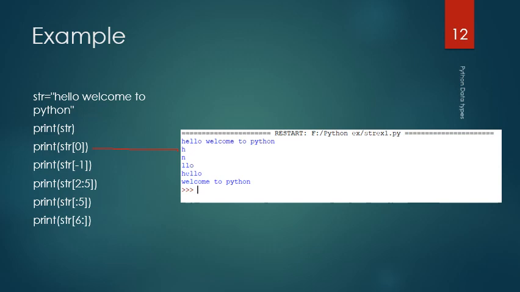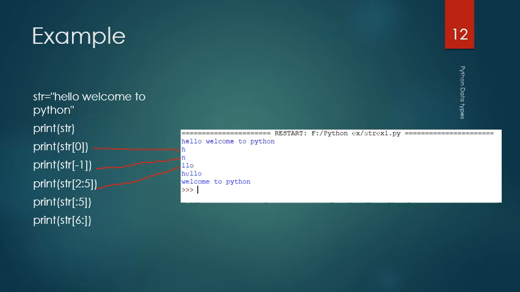Print str[-1] will print the last character n. Print str[2:5] will print characters from the second index location to the fifth. So the characters in the second, third and fourth index locations are displayed. It will exclude the fifth index location.